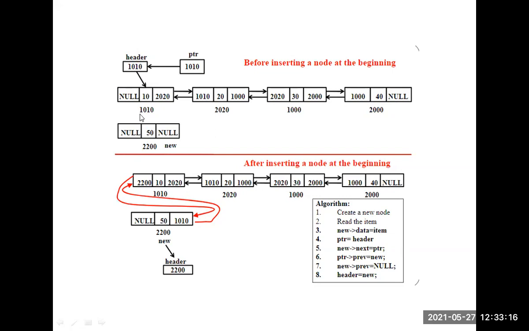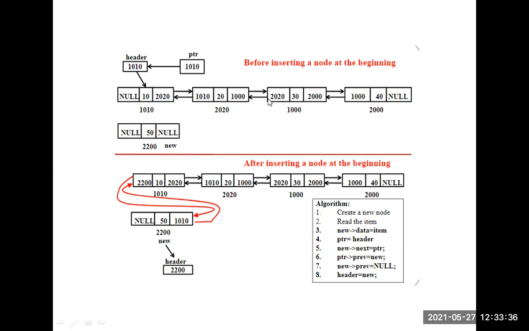This is the first node, the address is 1010, data is 10. Here 2020 stores the next node address, here it stores the previous node address. Just see the difference. This address is stored here, this address is stored here, and this address is stored here. That is a doubly linked list.